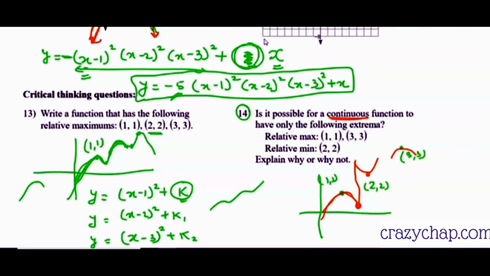And why is it not possible? Because the function is continuous. Yes, if it had been a discontinuous function, then it would be possible. Why? The first part will have a peak at 1 1, then the second part will have a depth at 2 2, and then for the third part we can anyway have a peak also. So yes, when is it possible? If it is a discontinuous function, then it is possible. Not right now. Good.